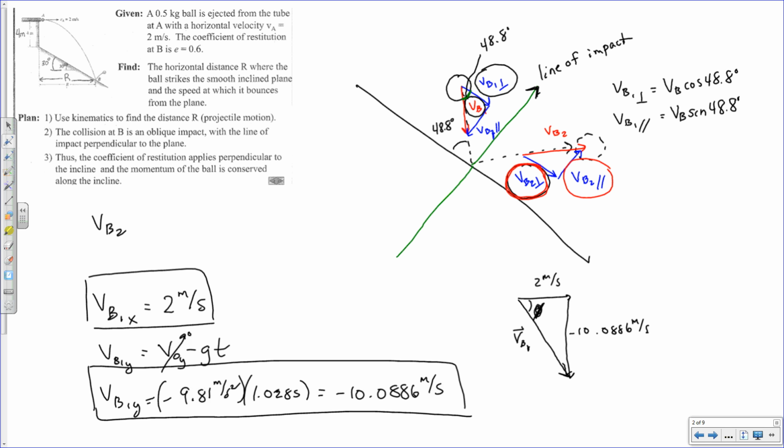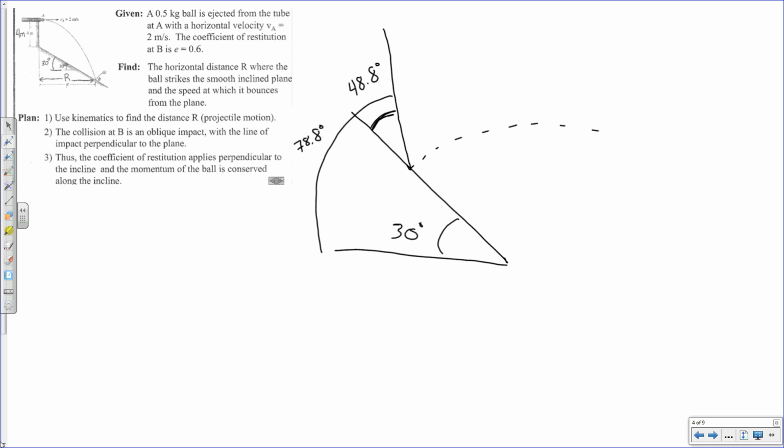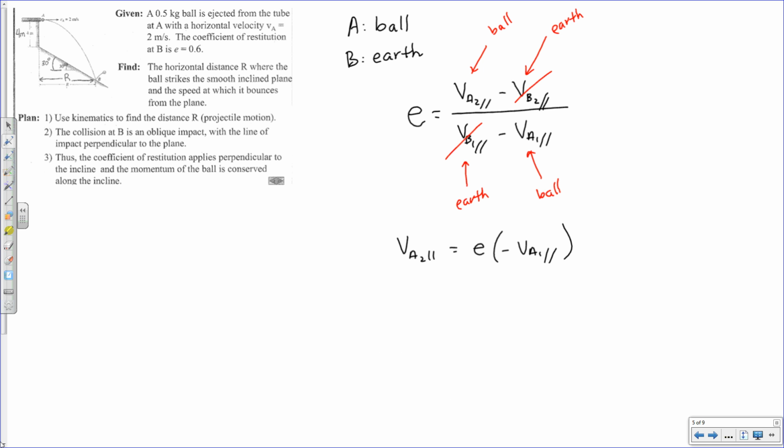As the ball bounces after it collides with the Earth, it's moving up with respect to the surface, so it would have a positive component along the line of impact. So VA2 parallel is equal to the coefficient of restitution 0.6 times negative